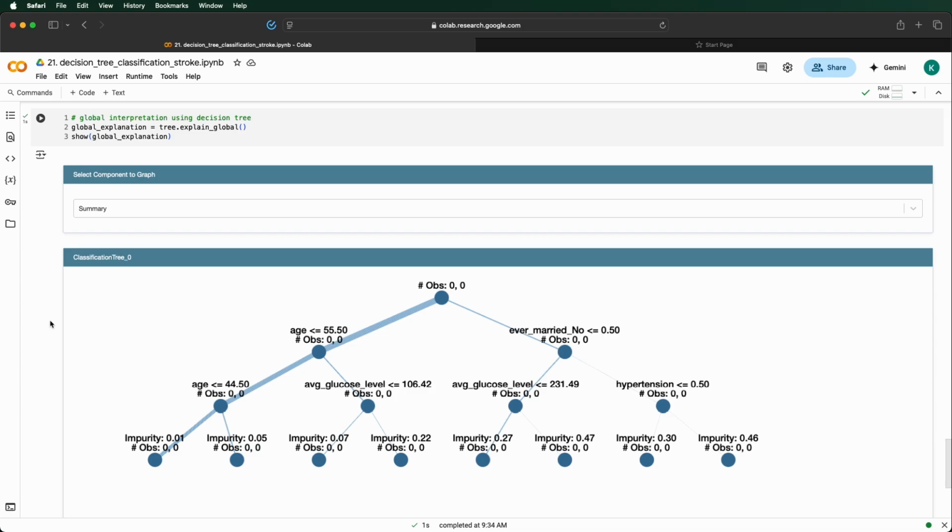The root splits on age less than or equal to 67.50, with 0 observations on both sides, indicating a perfect split, impurity 0.0. If age is less than 67.50, it branches to age less than or equal to 55.50, impurity 0.00 observations. Then age less than or equal to 44.50, impurity 0.01, 0 observations. Younger patients are less likely to have stroke. On the right,